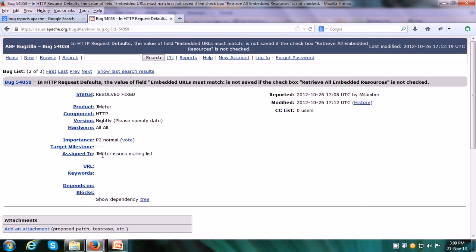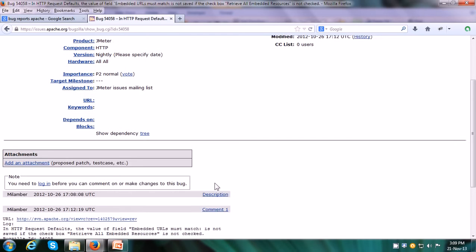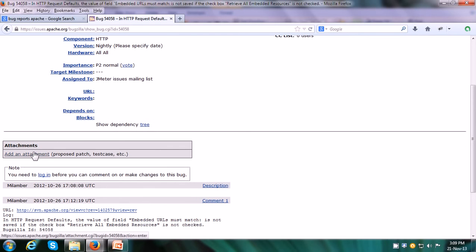And it is already assigned to someone, and there are some dates over here. This is the reported date, and it also talks about reported by the username. So this particular user has reported, and it was last modified on this particular date. Now this is the overall bug report, and there are no attachments over here.